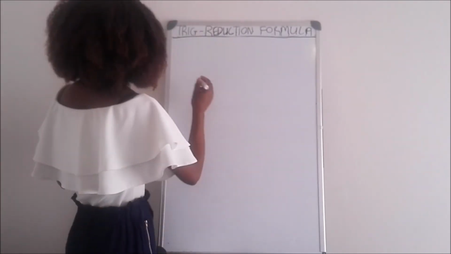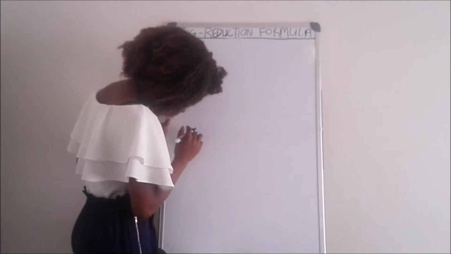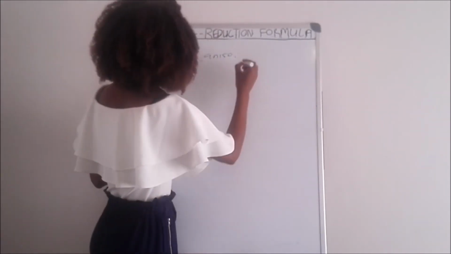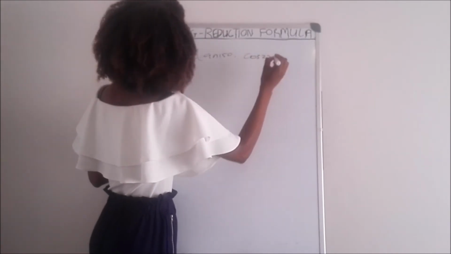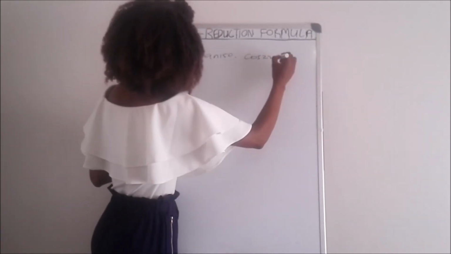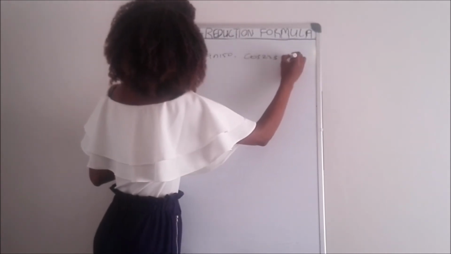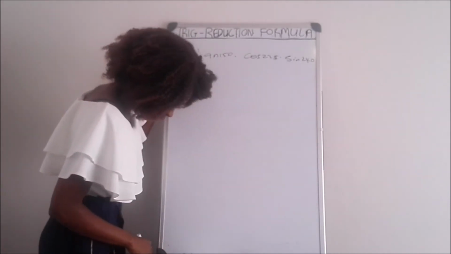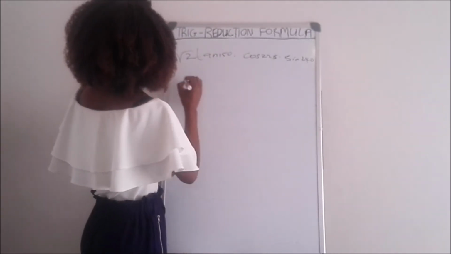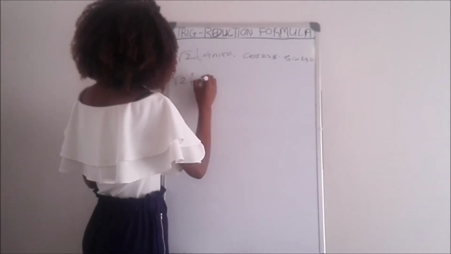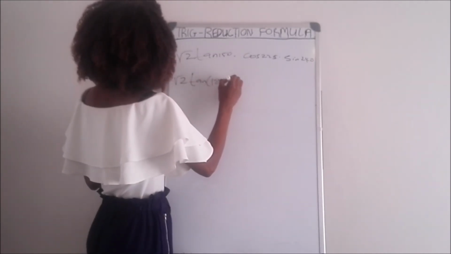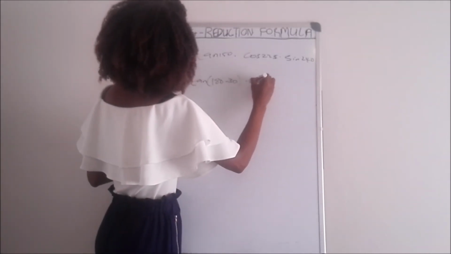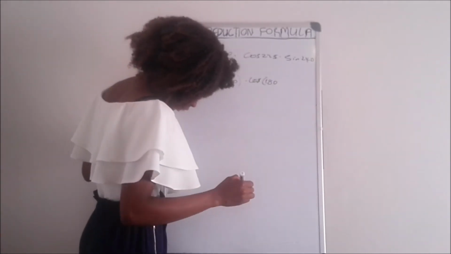All right, this question says root 2 tan 150 multiplied by cos 225 multiplied by sine 240. Starting from root 2, for tan we're going to have tan of 180 minus 30, which will give us 150. And when it comes to cos, we're going to have cos of 180 plus 45